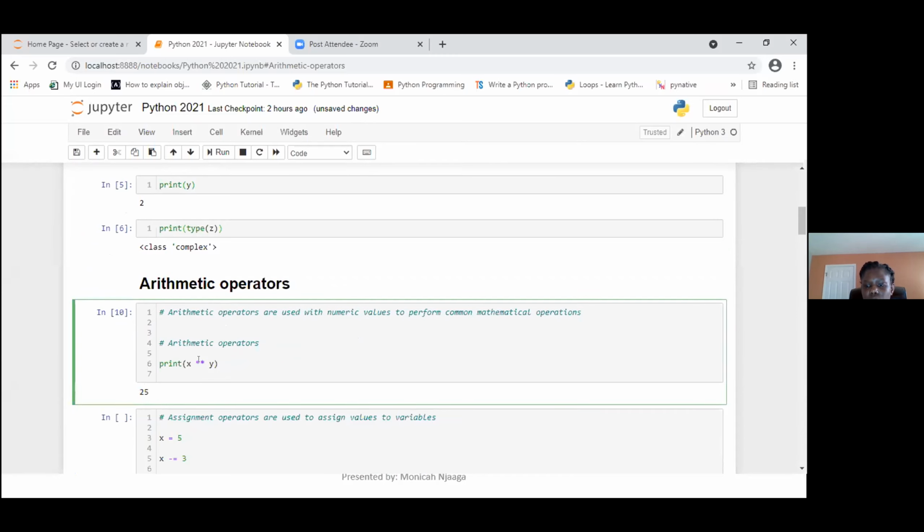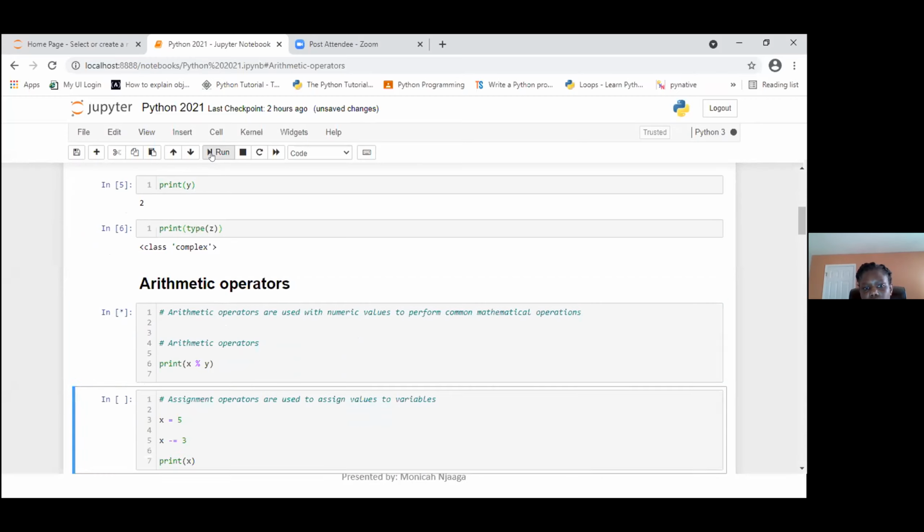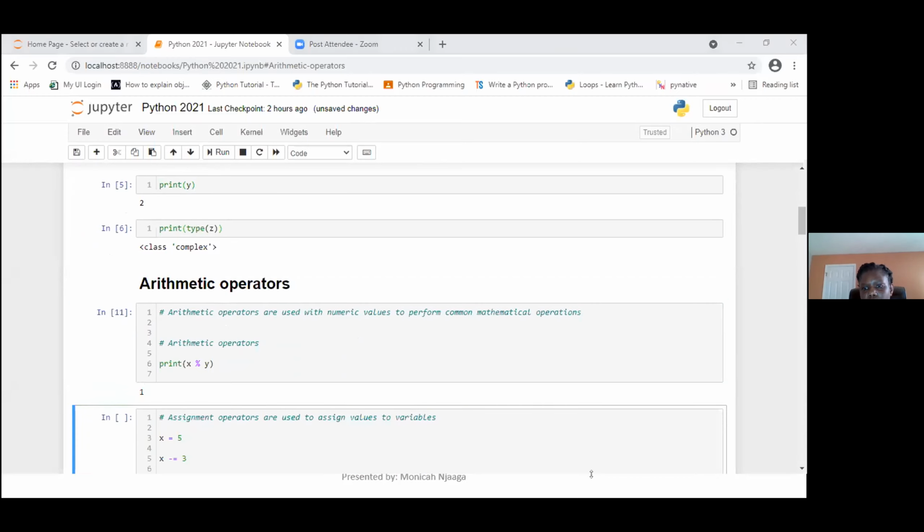So now let's do the modulus, okay? So 5 modulus 2, when you run, you get 1. And you may wonder, where did we get that? I'm going to use my annotation here and do it the way I was taught. I'm 844. If you're from Kenya, you know what that means. So this is how I was taught to do math. So 5 divided by 2. It goes in here 2 times, and then you get a 4 here. And then there is this 1. We used to call that 2 remainder 1, but this is the modulus. That's why we get a 1 here.